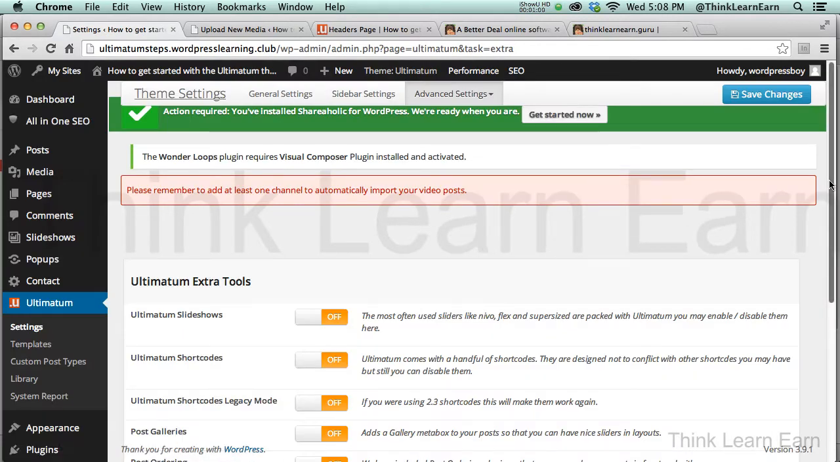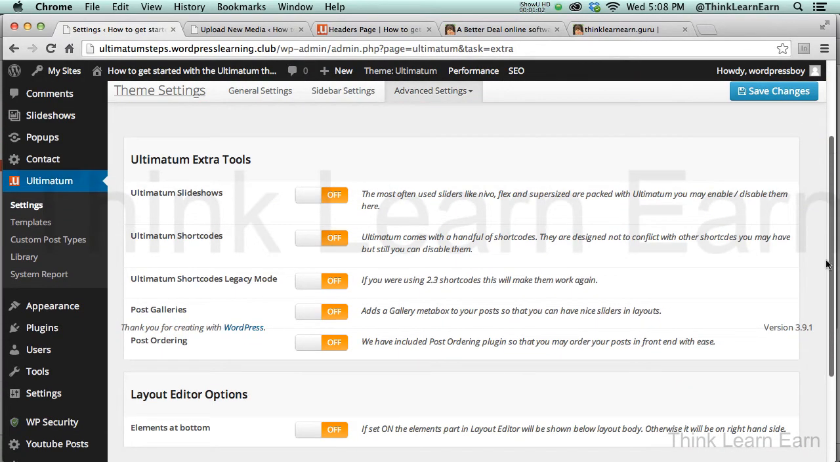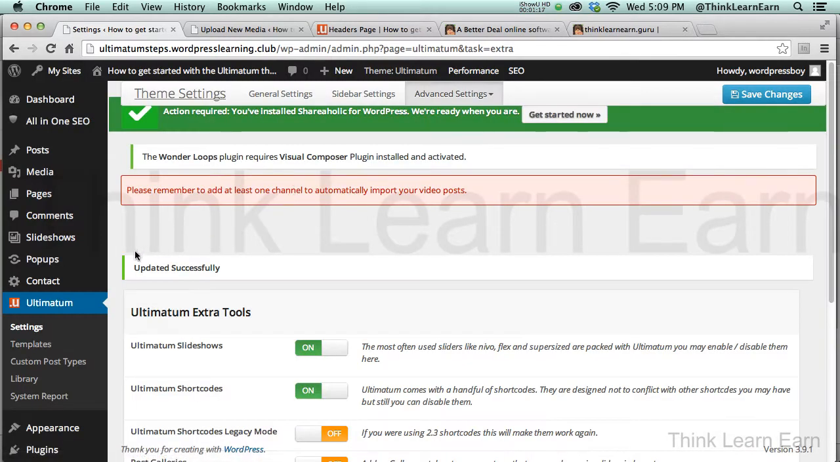And based on these choices, I would typically do two things. I want to turn on my Ultimatum slideshow, and I also want to use my shortcodes inside of Ultimatum. I want to have those two things turned on by default. By default, it's not turned on. And I'd save those changes. Then, once I do that, if I select anything in here like dashboard or anything else, I